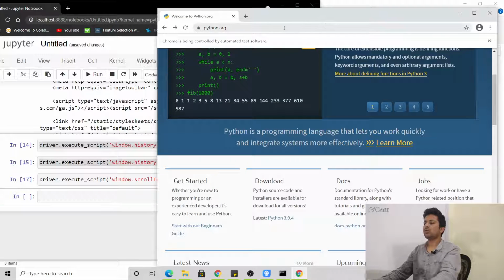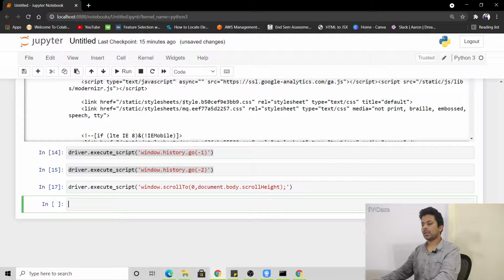Now suppose you want to open a new tab, like okay, I want to run multiple tabs. So for that you can just go here and type driver dot execute script window dot open.